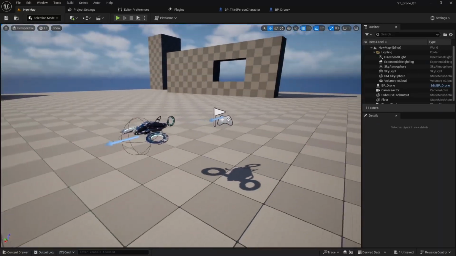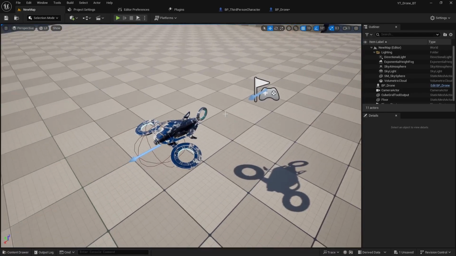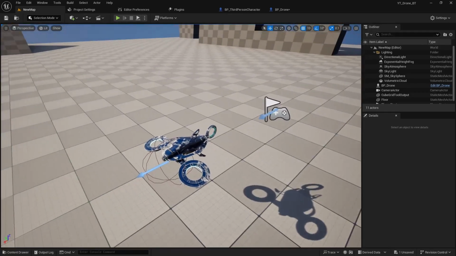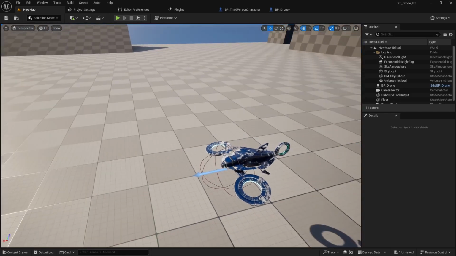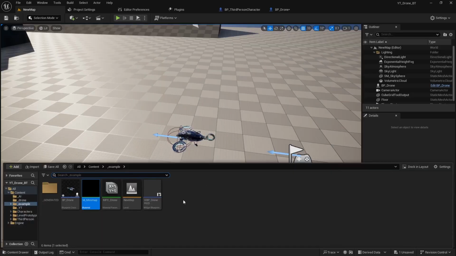Alright, so we have our drone project that we've been working on in the last few videos. We'll just reuse that for this example. When we spawn, we'll possess the drone with a button press, and then I want to create some sort of heads-up display for the drone to output maybe a battery life or a mini-map, maybe the speed, a few different things. So first we'll come to our content drawer and we want to import some images